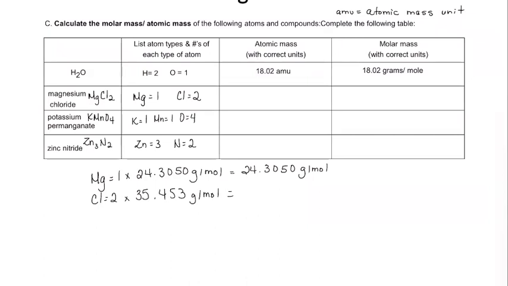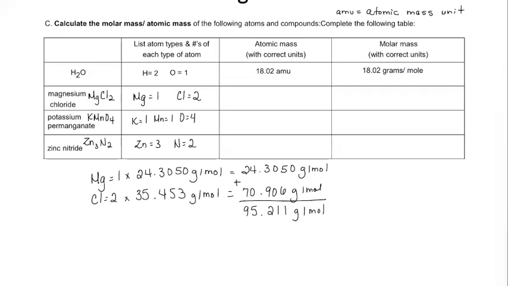For chlorine, 35.453 times 2 gives me a value of 70.906 grams per mole. And then I'm going to add these 2 numbers, okay? That's 24.3050, okay? So I get a value of 95.211 grams